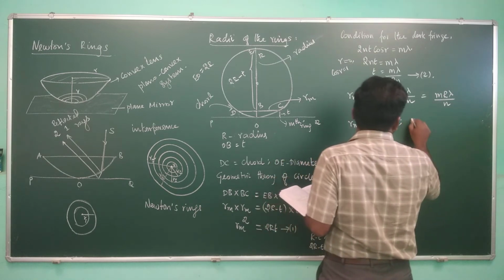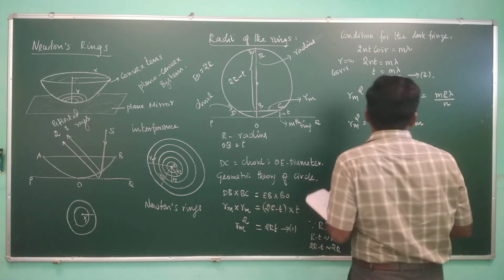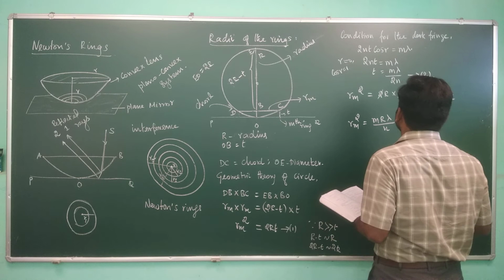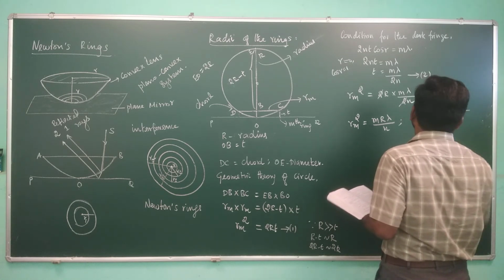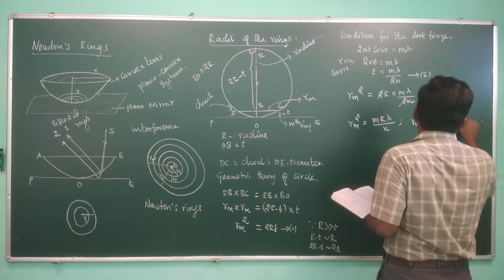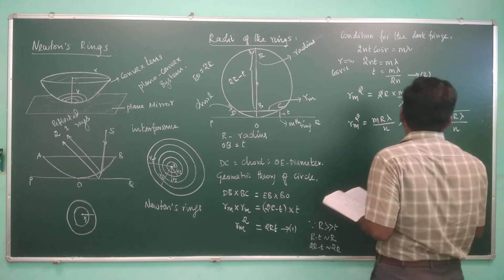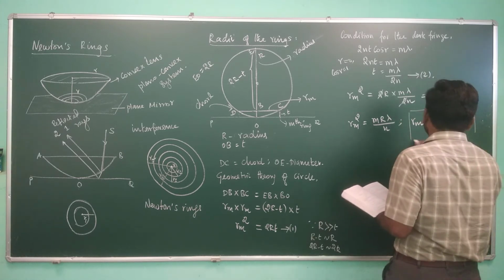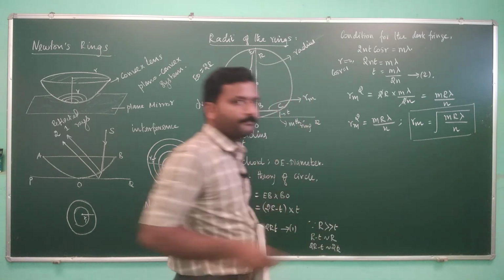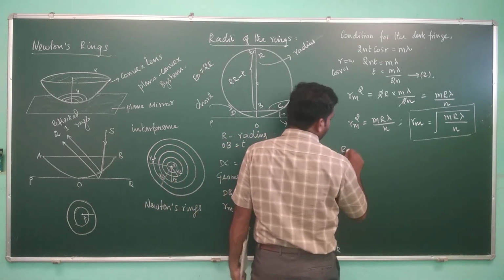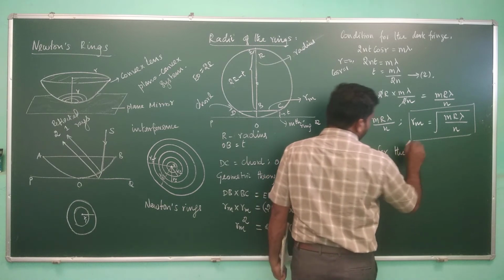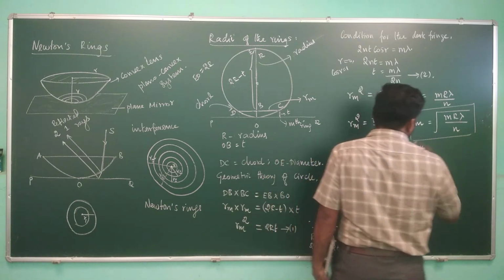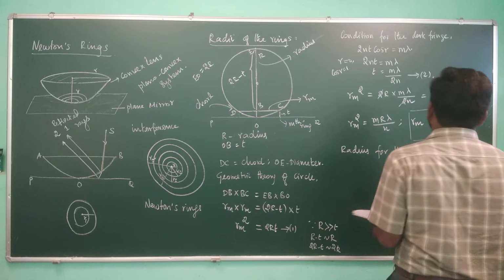So if you want Rm, the radius of the mth ring, this is equal to square root of m R lambda by n. So this expression is the radius for the mth dark